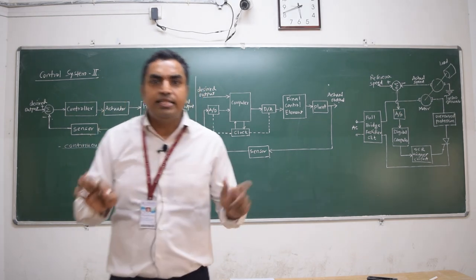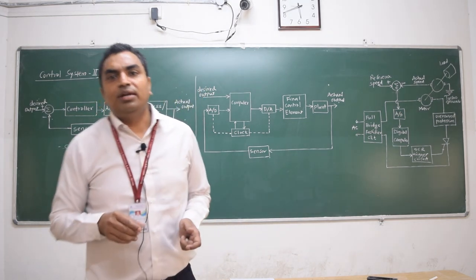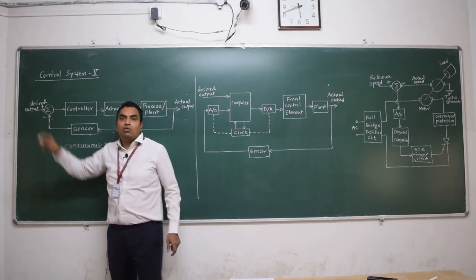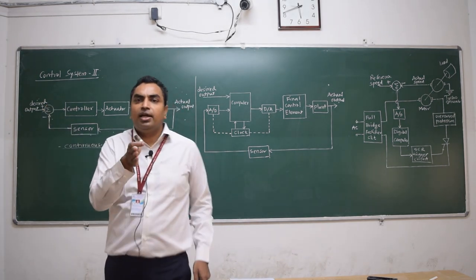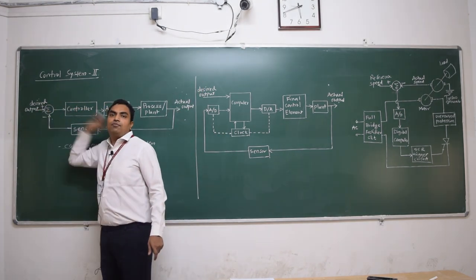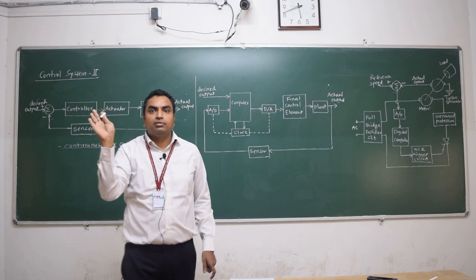Suppose I want to maintain the speed of 60 kilometers per hour, right? So that will be the reference. Now suppose next I need to take a right turn, then that will be a desired track for me. I need to take a right turn.